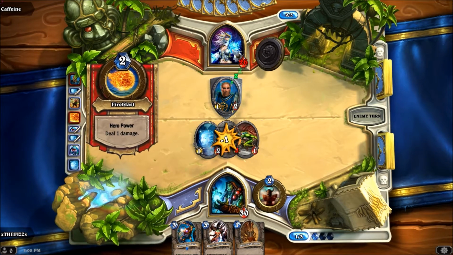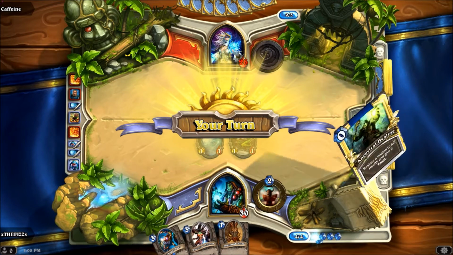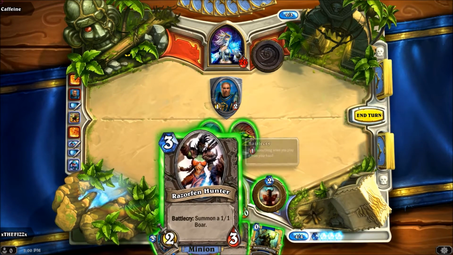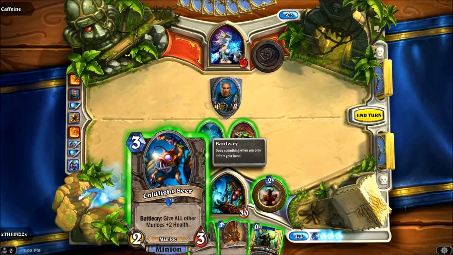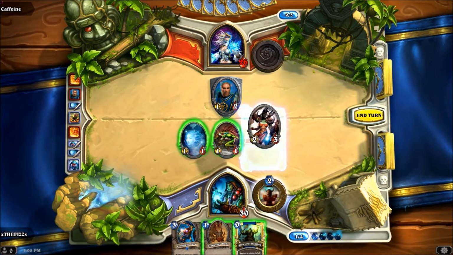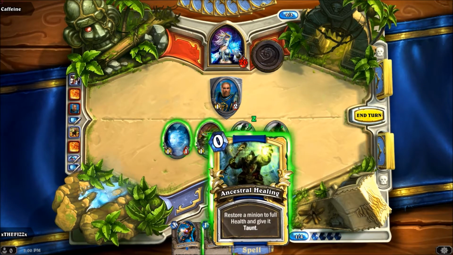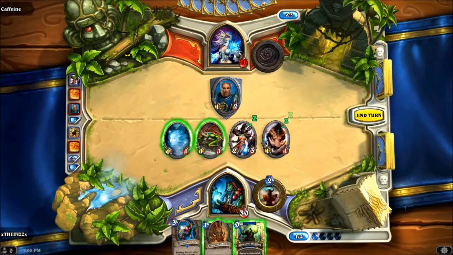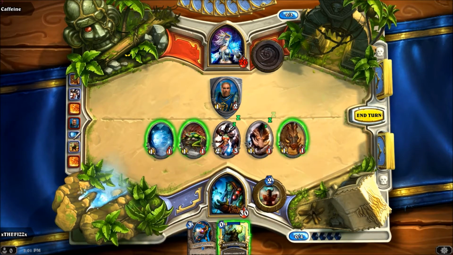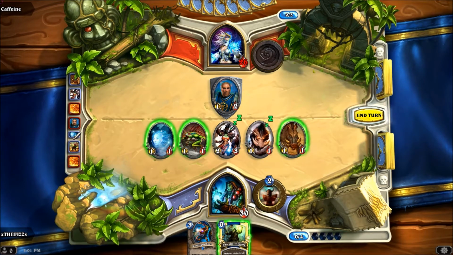So she gets rid of one of my minions, my Tide Hunter, sends out a Footman, a taunt card, and I go ahead and send out my Razorfin Hunter, which gives me a 1/1 boar as well. And then I send out another boar, which also has a charge on it, so I can attack this turn, but